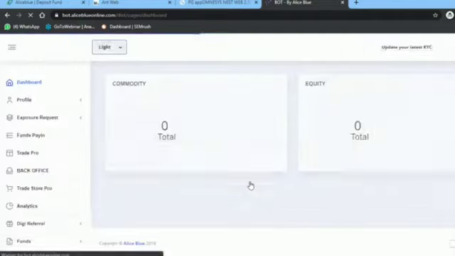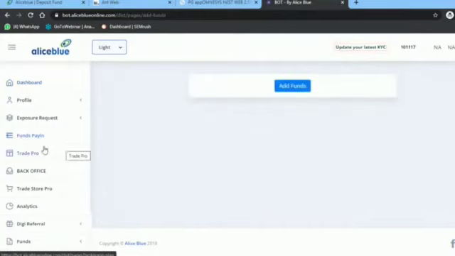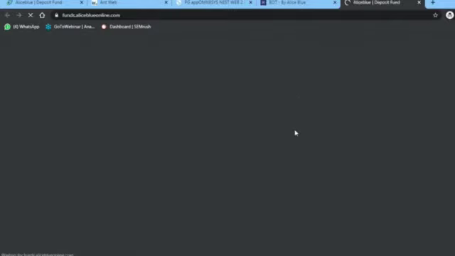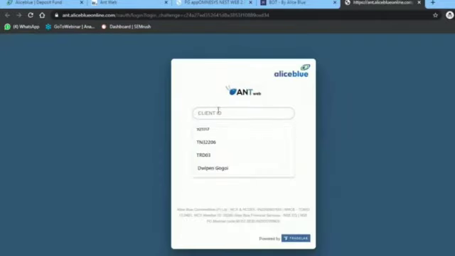Once logged in, click on the funds pay in. Here you can find in the left hand side, click on the funds pay in. Now you can click on add funds. Now re-login using your credentials.